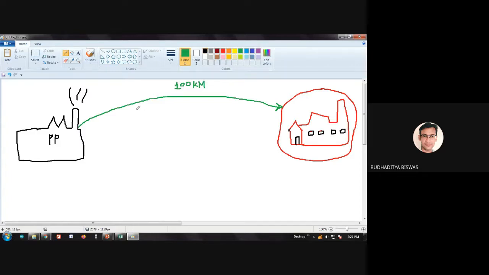But think about the situation for a 100 km line. If we construct the transmission line using gold, then the next day nothing will be left in India, obviously. Copper is also a very good conductor, but copper is costlier than aluminium. That's why overhead transmission wires are constructed using aluminium.